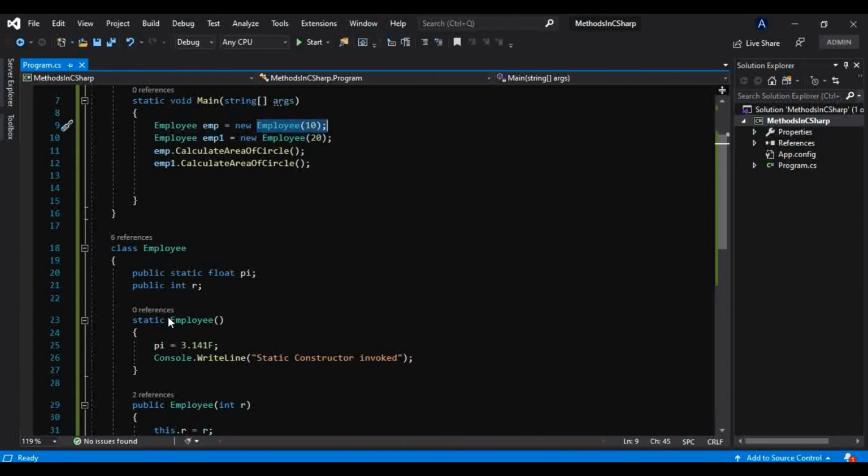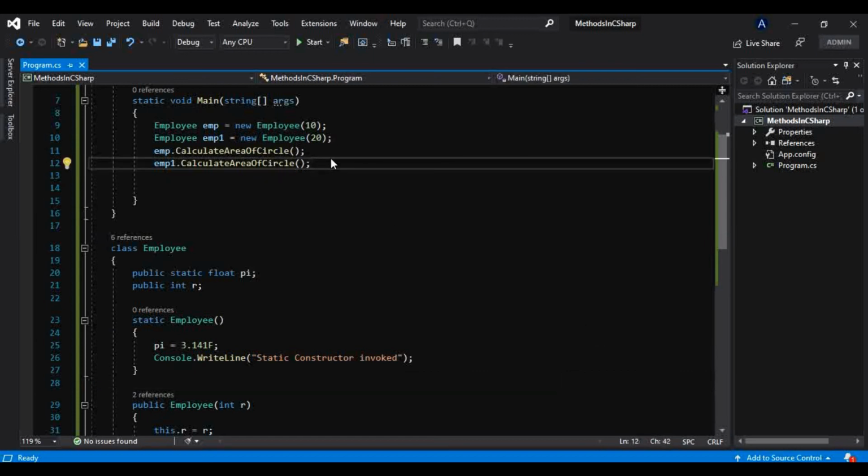But we know this static constructor doesn't need to get invoked on this object, because that does make very much sense, because these static members get stored in the static memory, and a class or a type can have many objects, but the static members will be only a single copy throughout the program. So that is why there is no need to use this new in order to invoke this static constructor. Okay, so that proves the point.